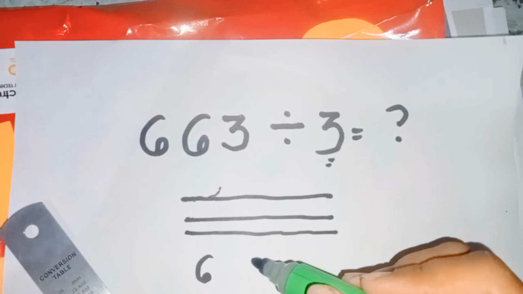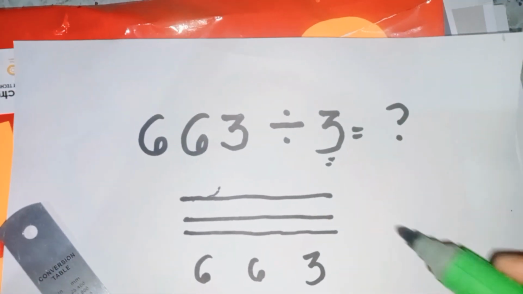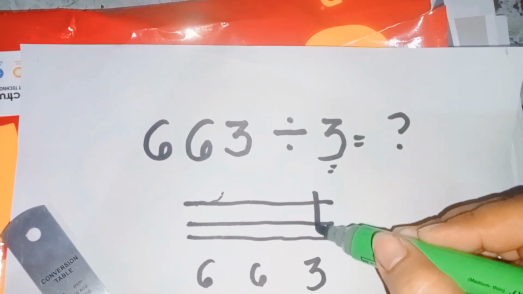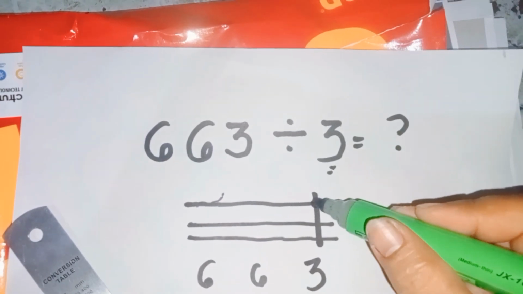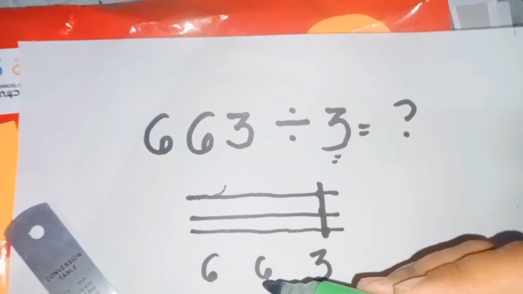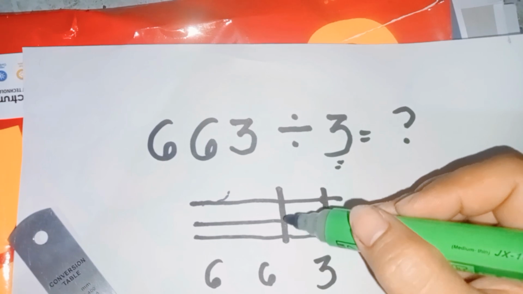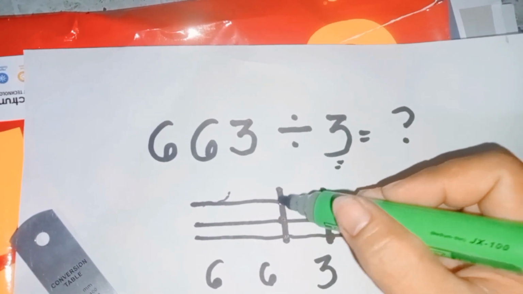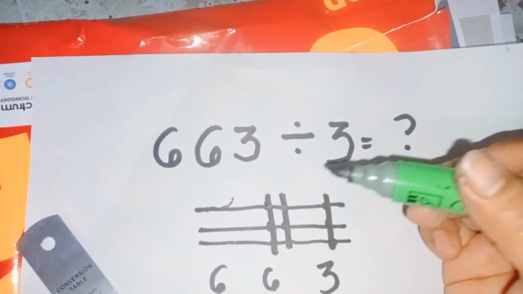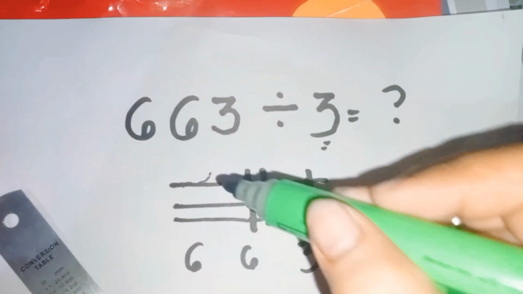Seeing if the cut is possible, since there are three lines, I cut this. As you can see, we have obtained three dots, signifying the number 3. Our main goal is to have six dots, or six overlapping intersections, because we have six, and again we have six, so six overlapping intersections.